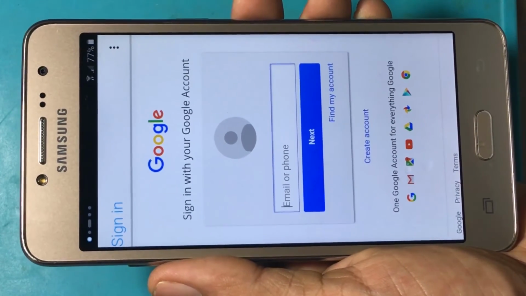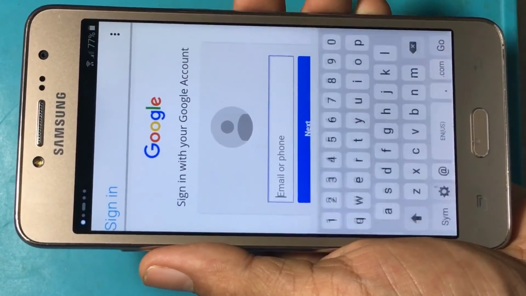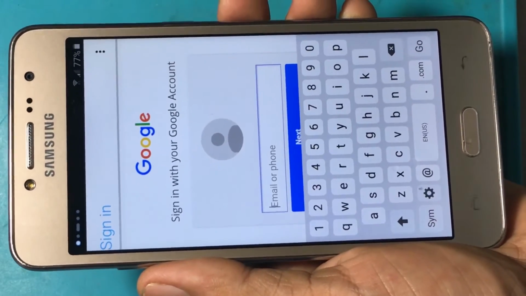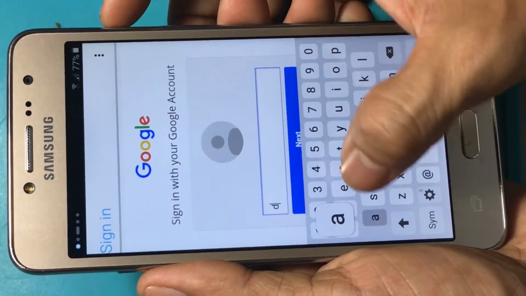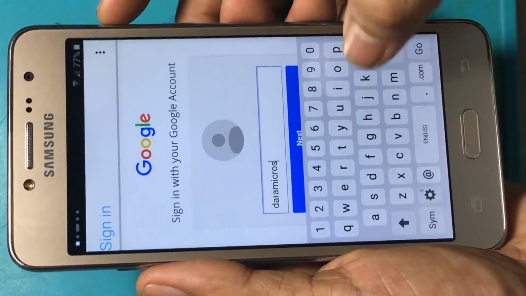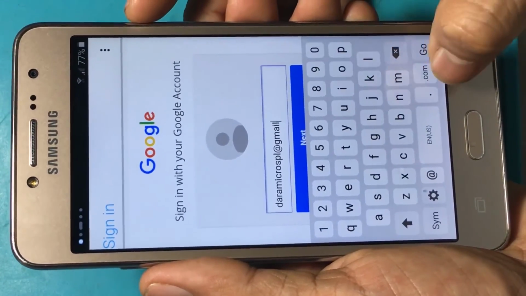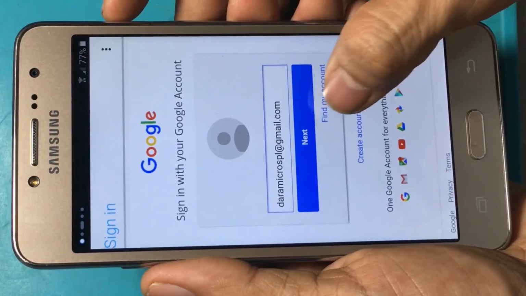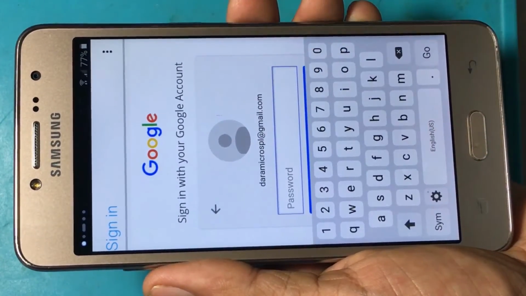Okay, now you have to sign in to your account that you remember the password for. Okay. Enter password.